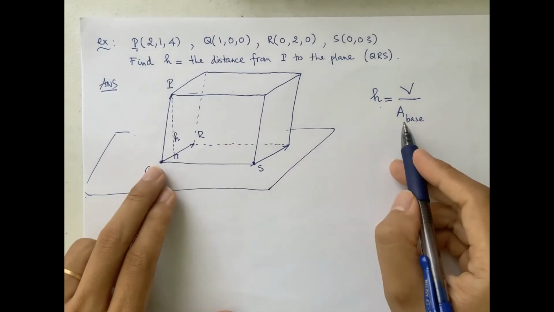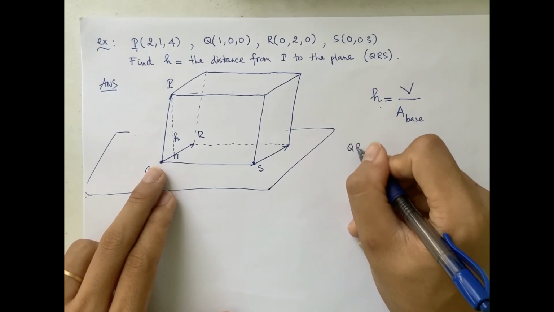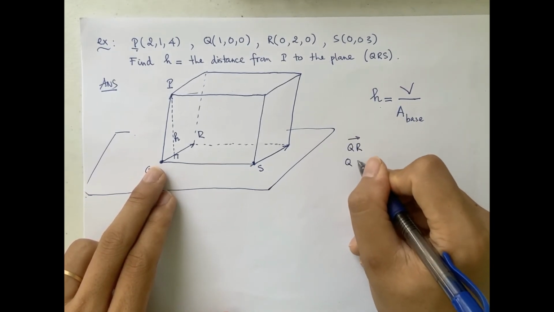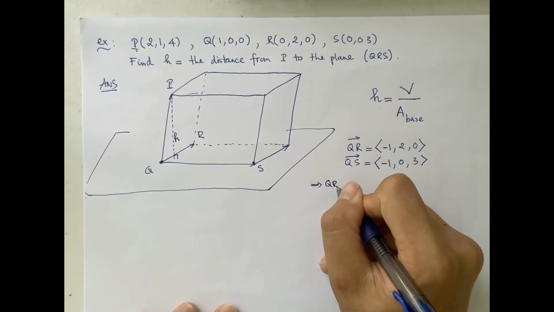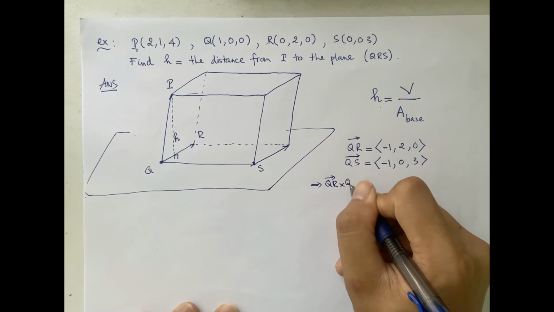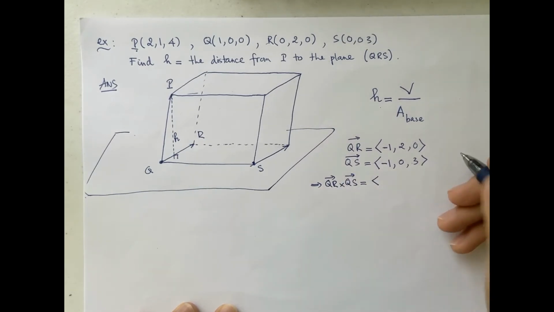So I will first find the area of the base by computing QR cross QS. And so this implies that the cross product of QR and QS is going to be, so you make a copy of the coordinates